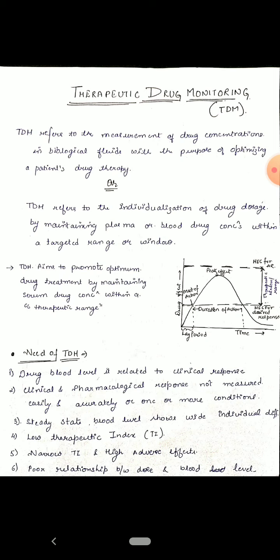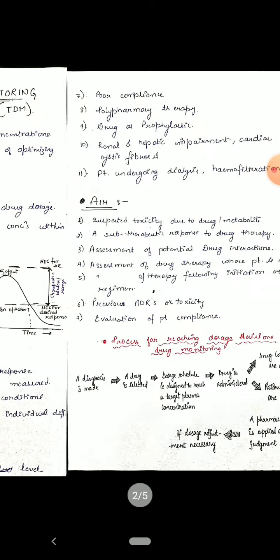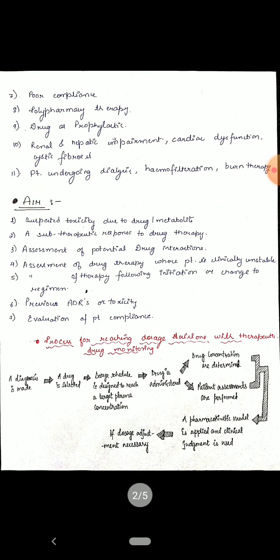The drugs that are written in points need therapeutic drug monitoring where the drug blood level is related to the clinical response, clinical and pharmacological response is not measured easily and accurately, or steady state blood levels show wide individual differences, or the drug has a low, narrow therapeutic index, or high adverse effects, or a poor relationship between the dose and the blood levels,